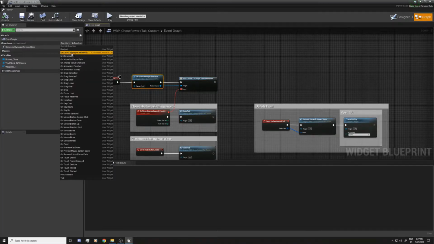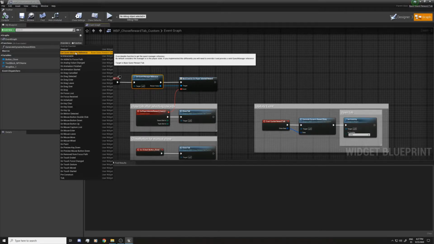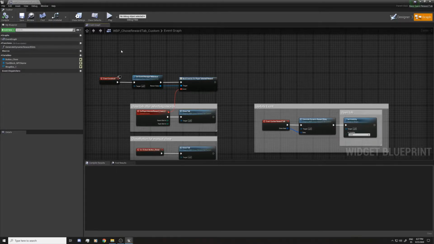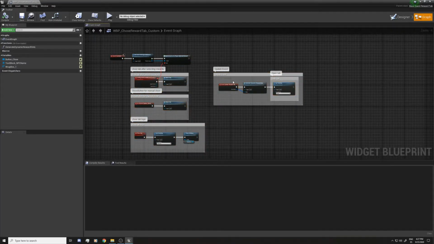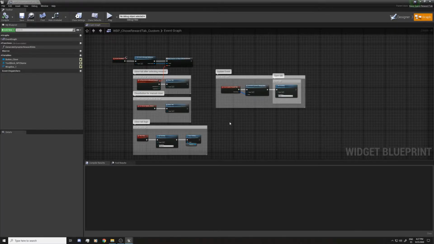If you go to override get quest manager reference, you will have to provide the path to the manager, but if you install it normally, you will not have to do it, and this will work directly as it is. And for this tutorial we're gonna use it just like that.